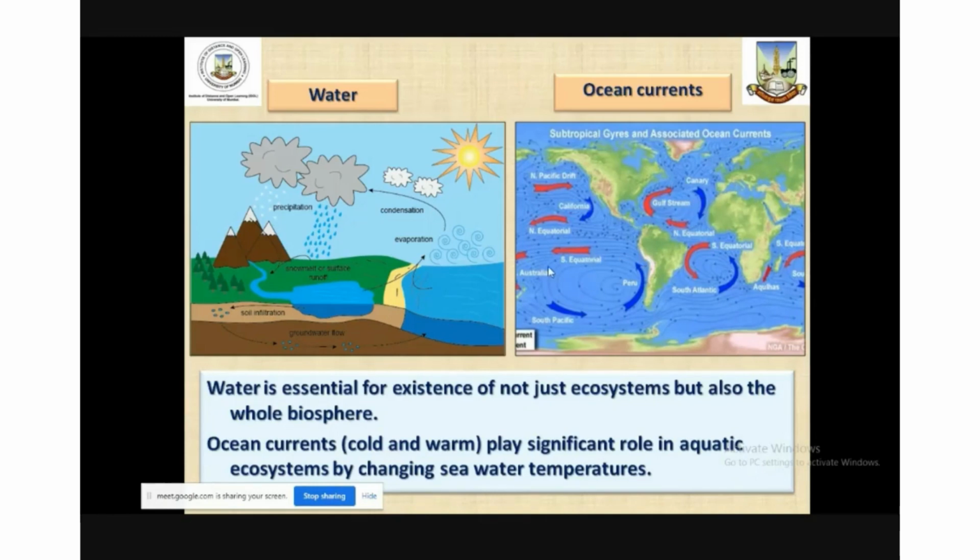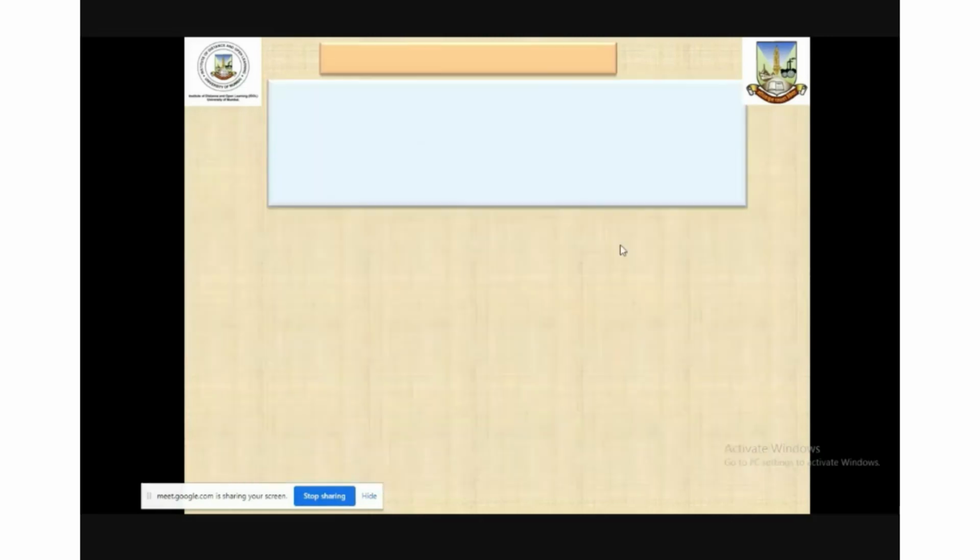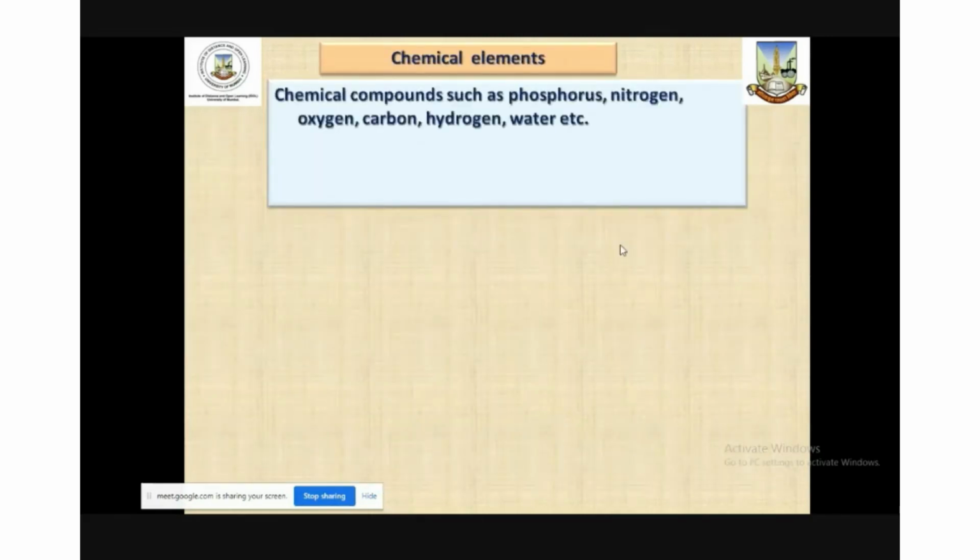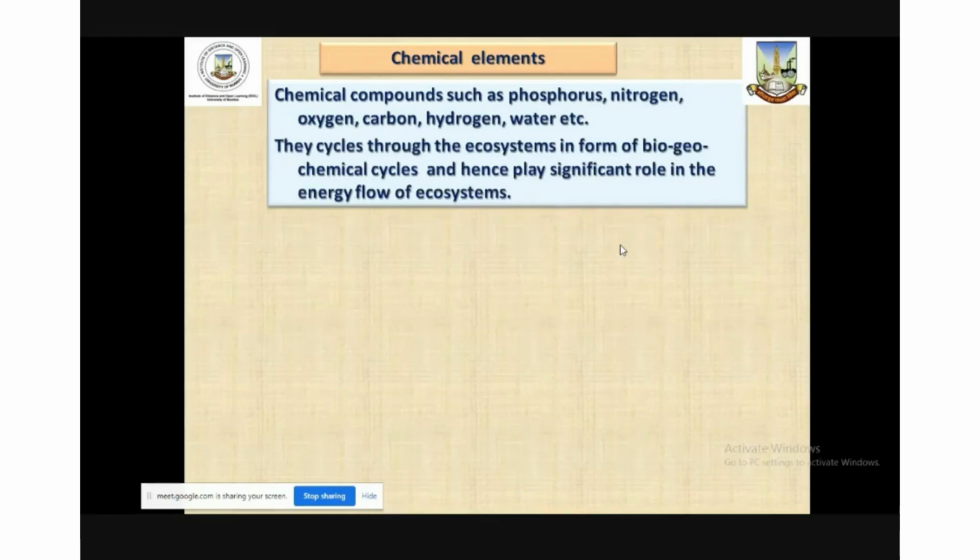Besides that, ocean currents also play an important role in transportation of nutrients in the water from one region to another region through the oceans, and therefore they also play an important role in the nutrient supply to the aquatic ecosystem or water ecosystem. Chemical elements including oxygen, nitrogen, phosphorus, carbon, hydrogen, and water play an important role in the ecosystem, because